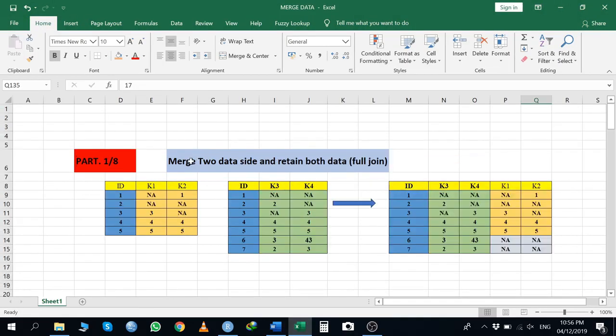For example, here my first topic, which is the full joining of the two datasets. Full joining is the method in which we want to retain both datasets in our final required result. For example, here is my left dataset, which is named as X, and this is my second dataset, which is named as Y. And I want to join both datasets and get the result in such a form. To get this result in R, I have code here.